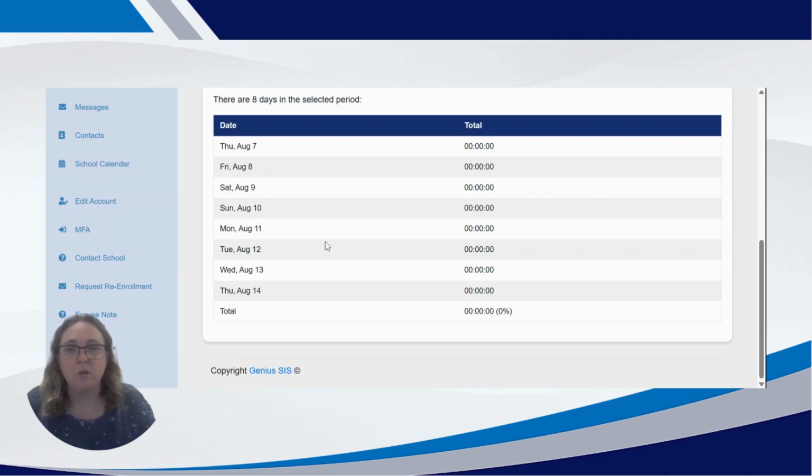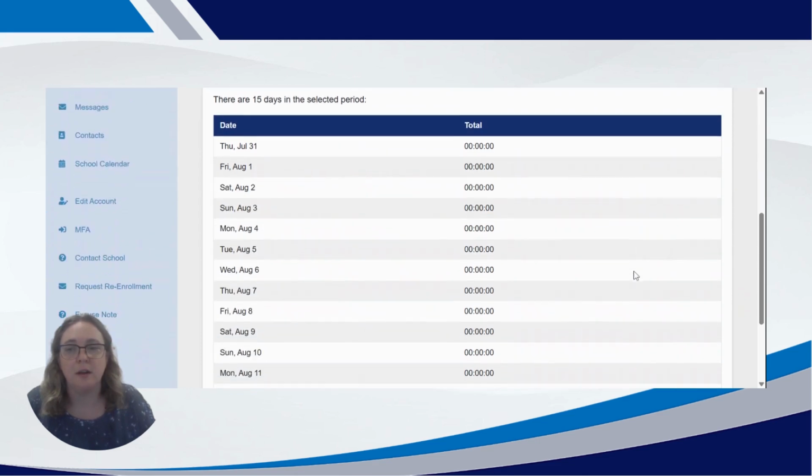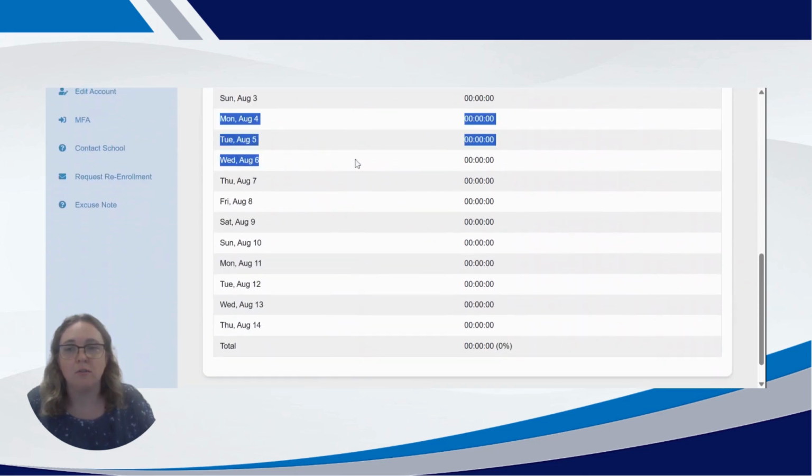So here you can look. Our school week is from Monday through Sunday, so you can look and see how many minutes they have logged so far in the week. And if you need to extend this table so you can see more dates, so for example, if you wanted to see all of last week's minutes, you could get data and you could see all of last week's minutes